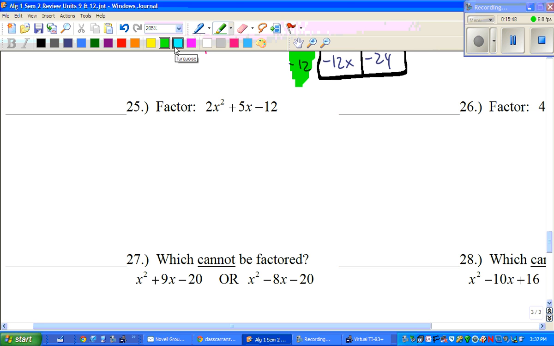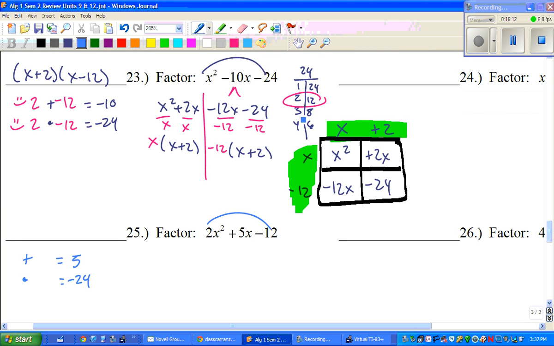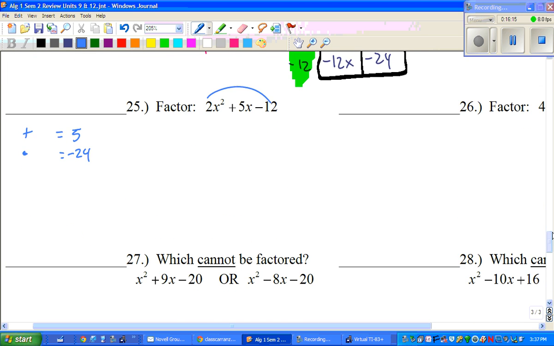Now, 25. Is there a GCF? No. So we need to, once again, multiply those two guys. And now we're looking for numbers that add up to get to 5 and multiply to get to negative 24. Okay? And I'm going to cheat because we just did that, and 3 and 8. Okay? So 3 and 8, 3 and 8, and the 3 is negative. So we get 2x squared minus 3x plus 8x minus 12,